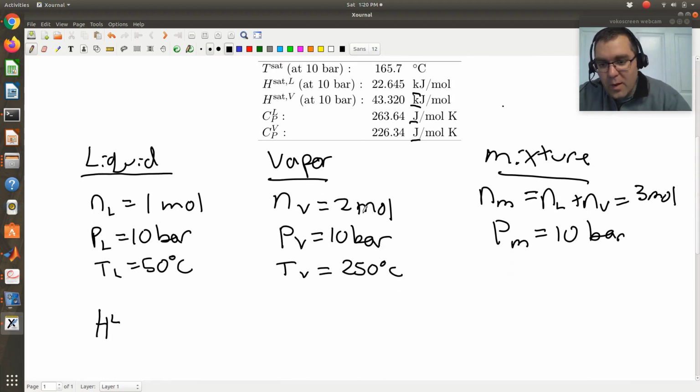So what that would correspond to is HL, the enthalpy of my liquid, is going to be equal to